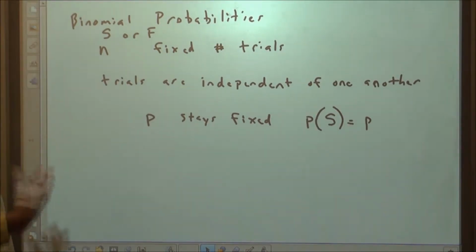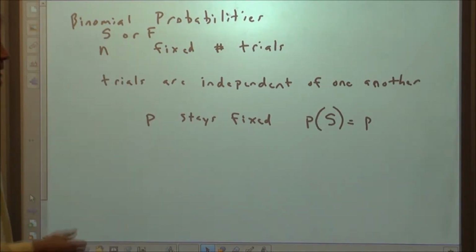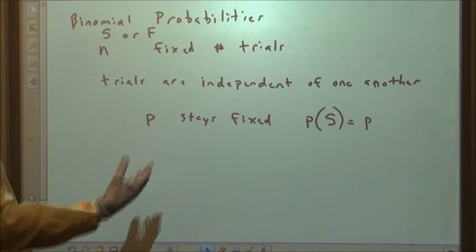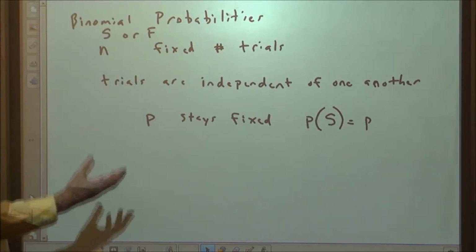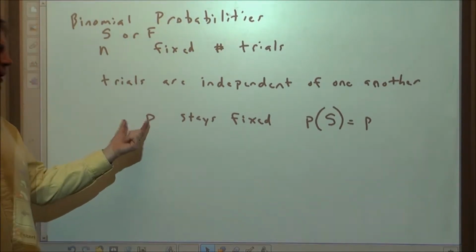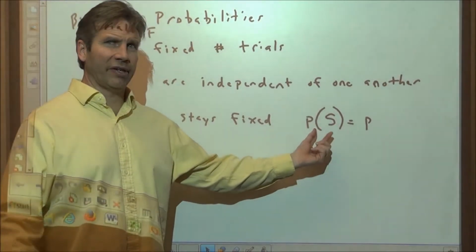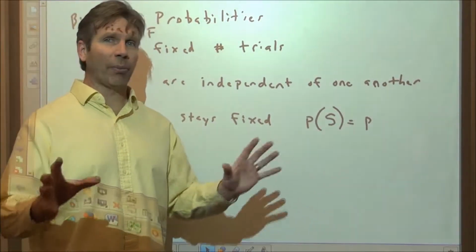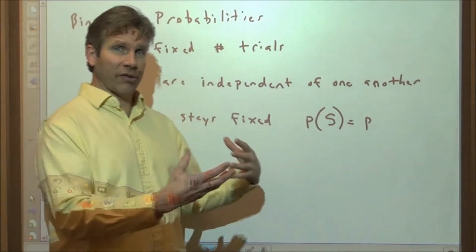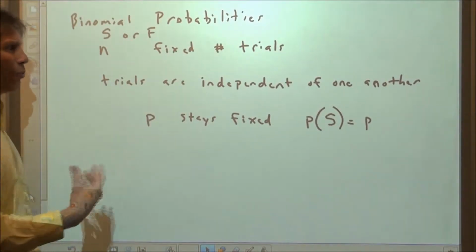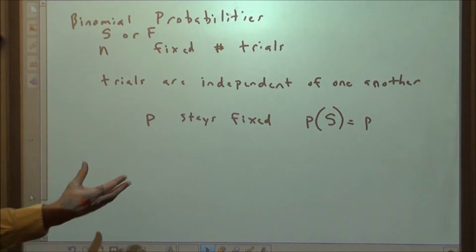The trials have to be independent of one another. So flipping a coin, rolling a die, doing a roulette wheel, whatever. The one event doesn't affect the other, so the trials are independent of each other. And because they're independent, that implies that the probability P stays fixed. And P is the probability of a success. It's a success rate. It is a proportion. When we do inference on proportions, this is what a proportion is. It's a success rate for any one trial. But at any rate, these are the 4 things it takes to have a binomial setting and be considered a